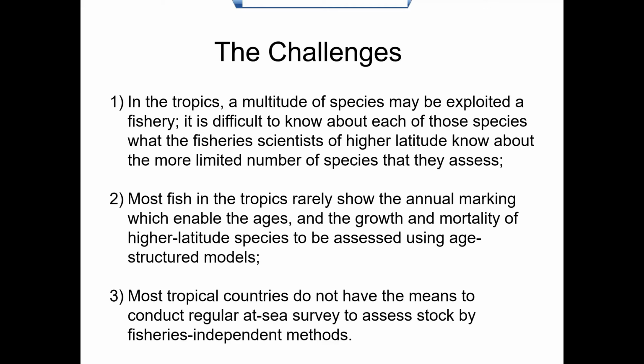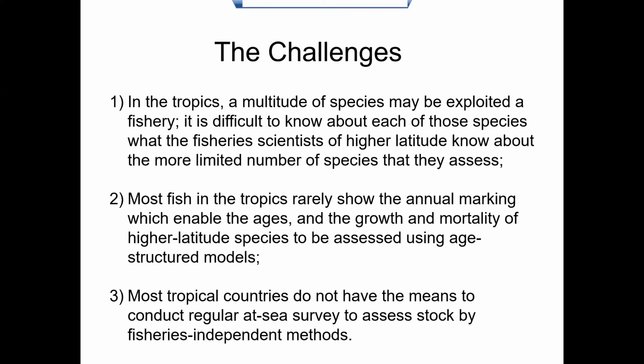And the challenge then is that in the tropics, the fisheries generally are multi-species fisheries. This is true for the trawl fisheries. This is true for the artisanal fisheries inshore, and very little is known about each species. Not because the scientists don't work, but because there are far more species than they can handle. Whereas in high latitude countries, you have a few species representing 80% of the catch, 2 or 3 species. This is obviously not so in India.